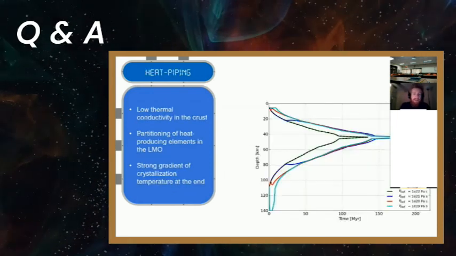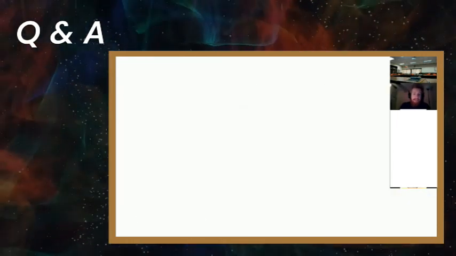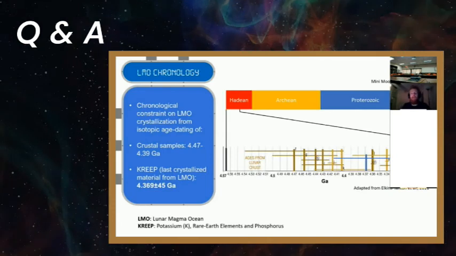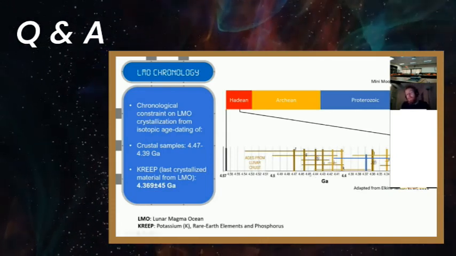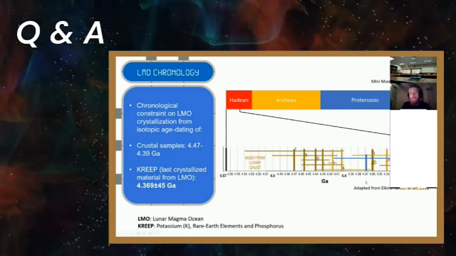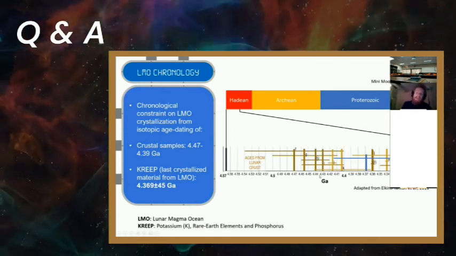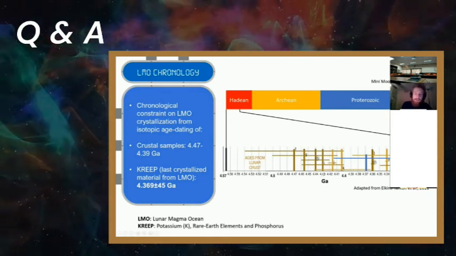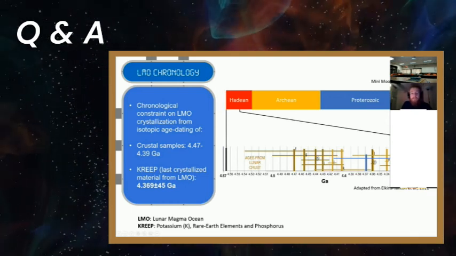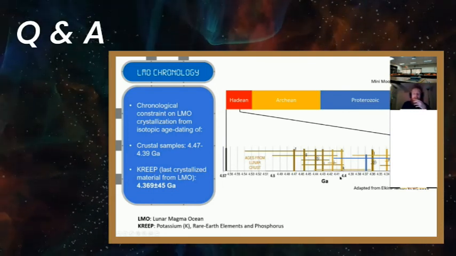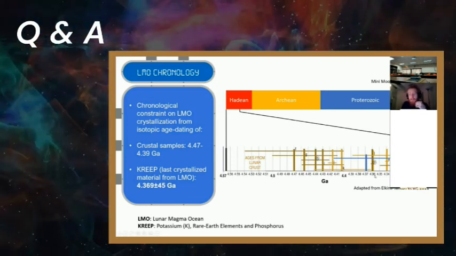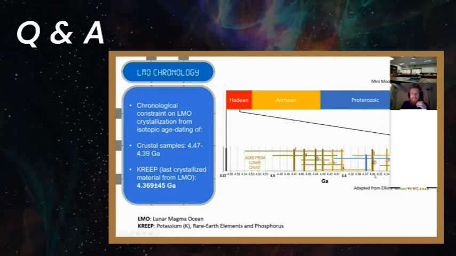As one can see in this time representation of the constraints that we have, we had indication that the crust might have formed over about 200 million years, and it seems to be contradictory with the previous models. So in a sense, we can think our results comply with this constraint, but at the same time, all these